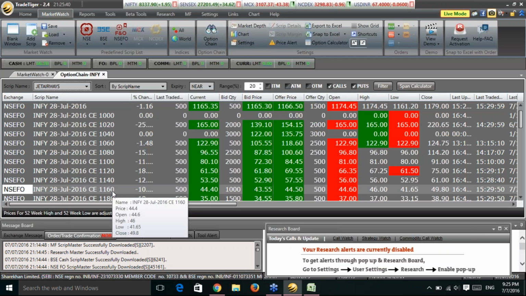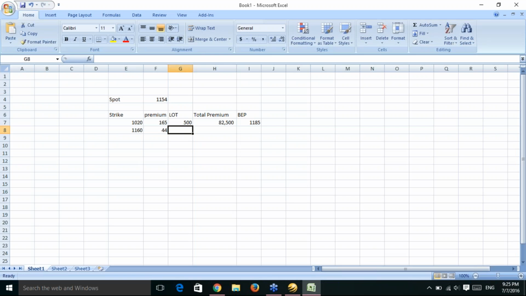for 1160 strike price, the premium is 44, right? So what happens is the lot size is 500 and the total premium would be how much? The total premium would be 22,000 to buy one lot. And what is your break even? The break even is little higher, that is 1204. Right? Now what if on the expiry the spot does not go to, let's say, 1200? It remains below,